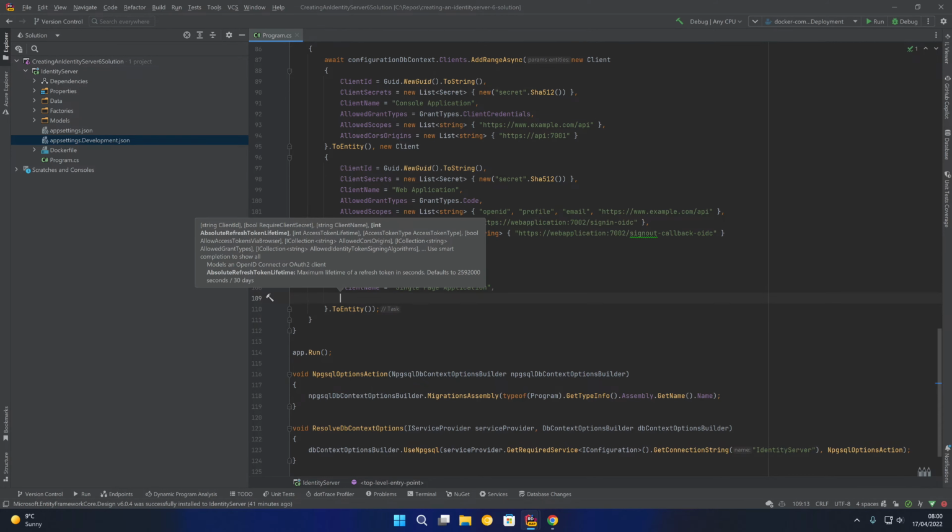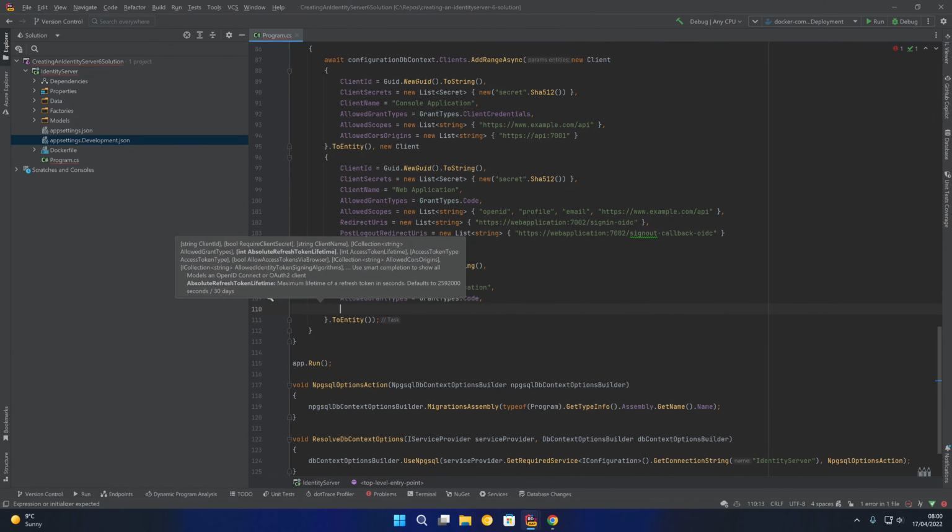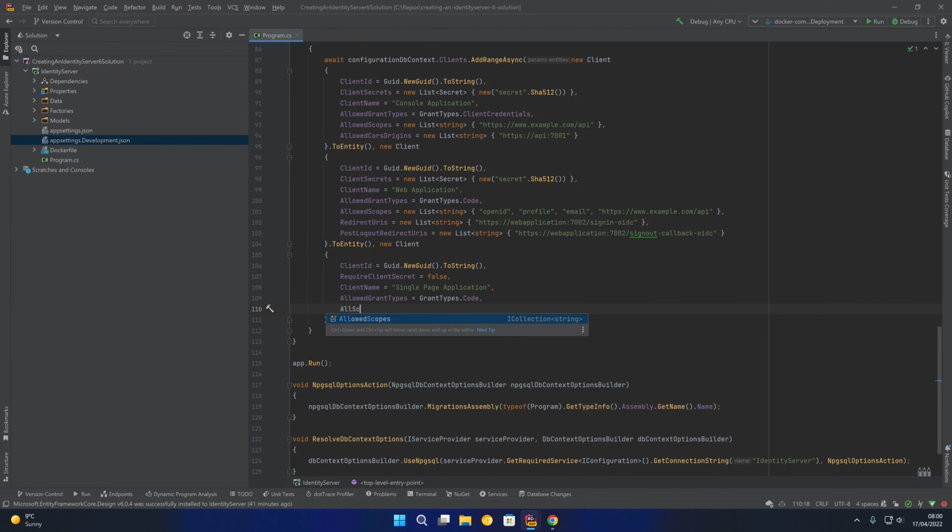And then as well as the client name, we're going to have the allowed grant types, which is going to be GrantTypes.Code. And then we're going to say the allowed scopes, and this is going to be the exact same as the allowed scopes for the web application. So I'll just copy those for ease. That's OpenID, profile, email, and our